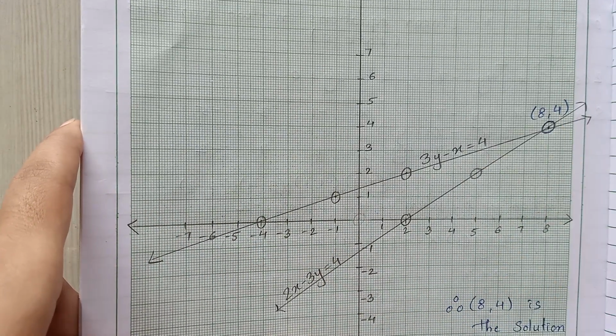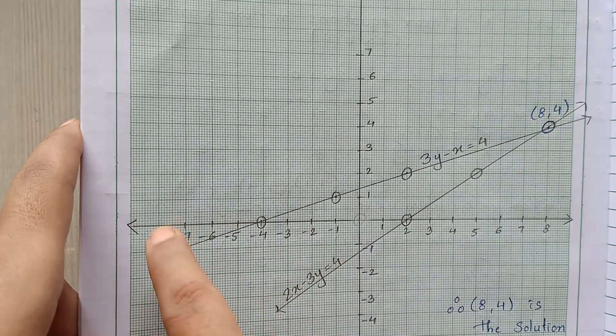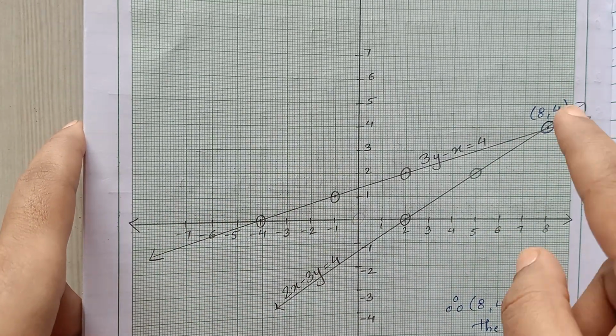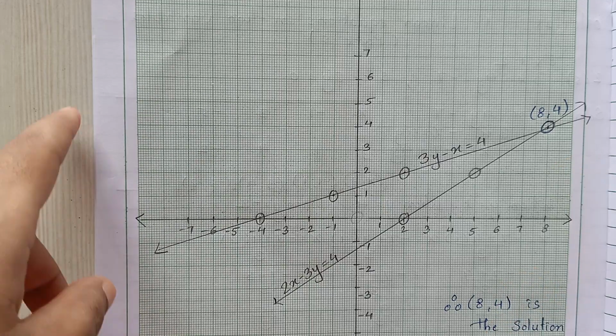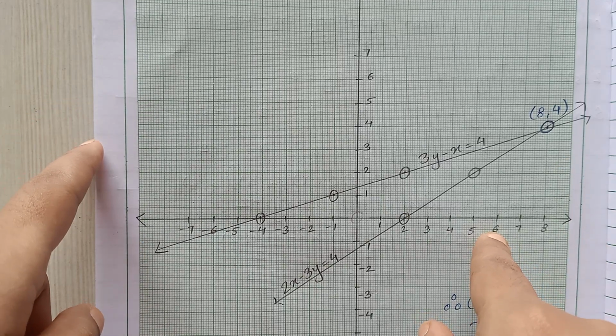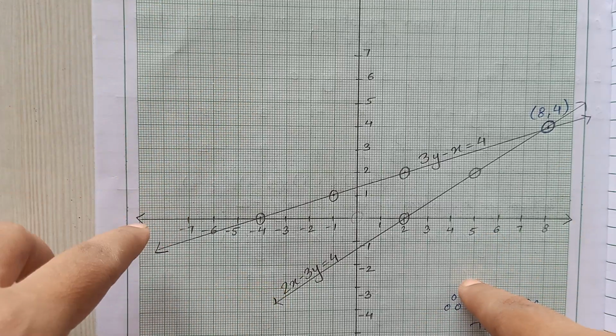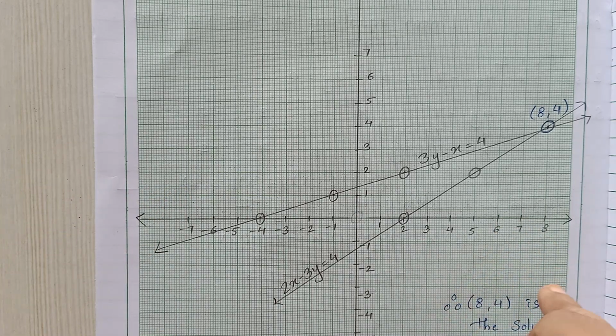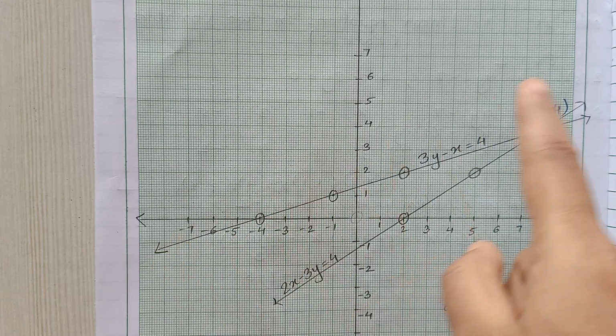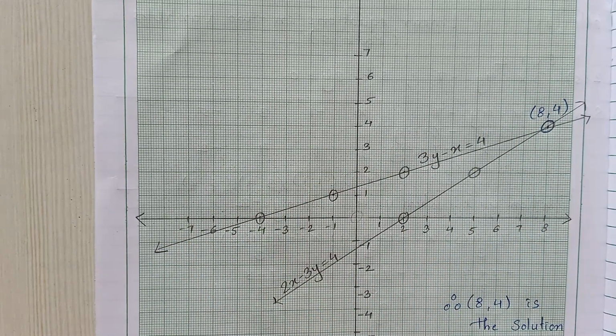Then the graph lines. Each graph line is allotted separate marks. This question usually comes for 3 to 4 marks, children. It is not a 1 mark, 2 mark question. It comes for 3 to 4 marks, either a 3 mark question or a 4 mark question. Then the graph line will get marks each individually.